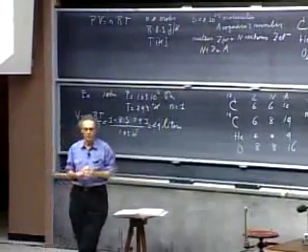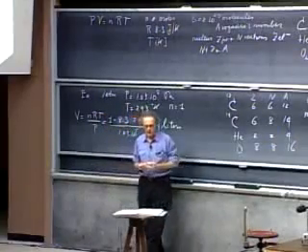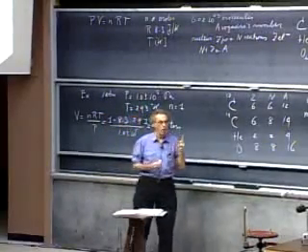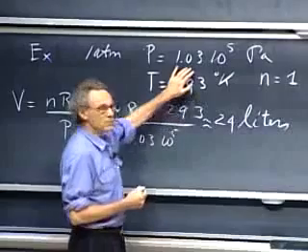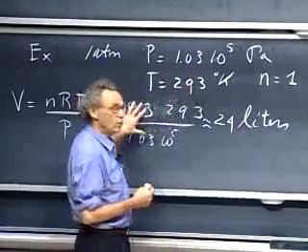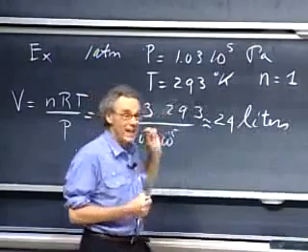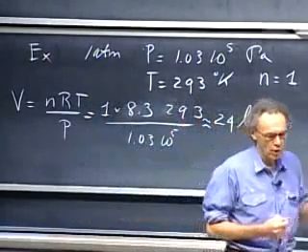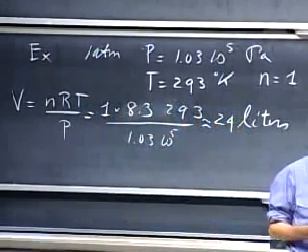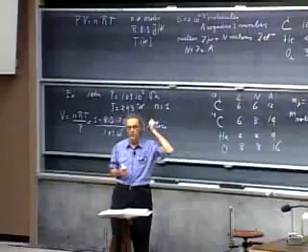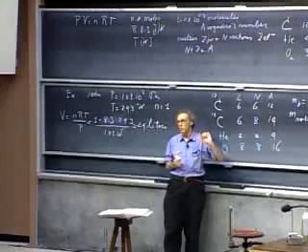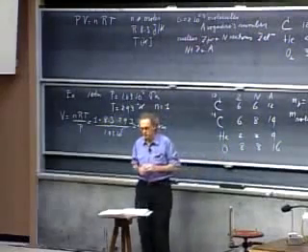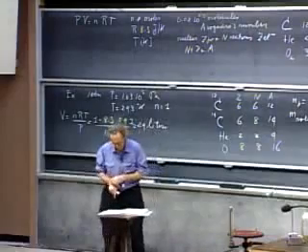And many gases come very close to that. In fact, if you took oxygen, O2, and you take 1 mole of oxygen at room temperature and at 1 atmosphere pressure, and you were to calculate its volume, the actual volume that you measure is only 0.1% smaller than what you would find with the ideal gas law. If you do it at 20 atmospheres, it would still only be 2% smaller. So it's a very good approximation in many cases.